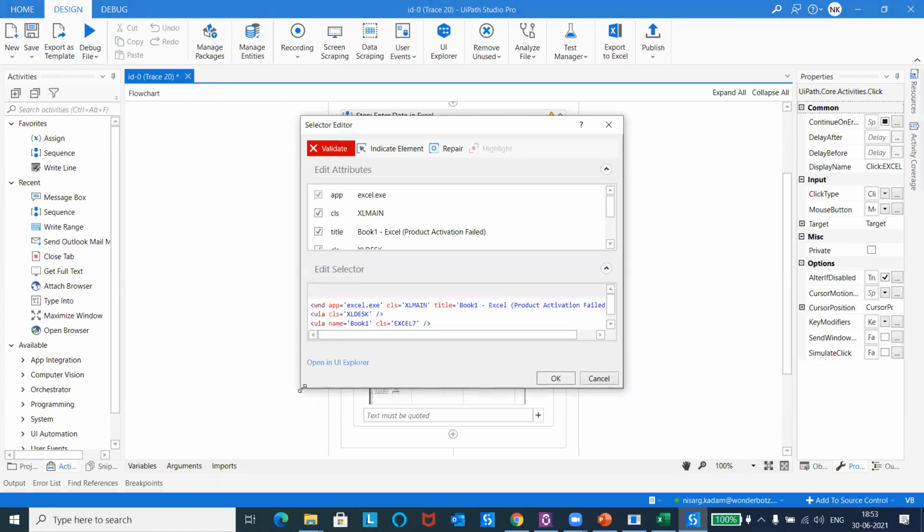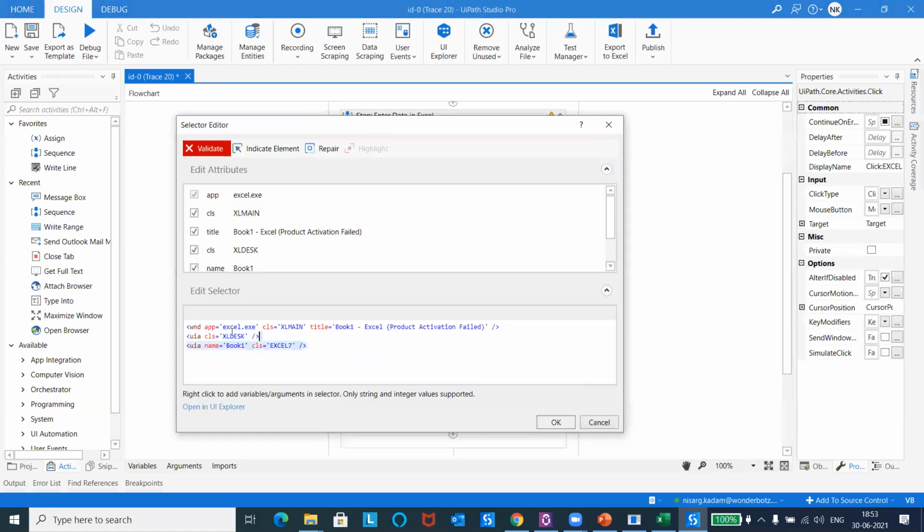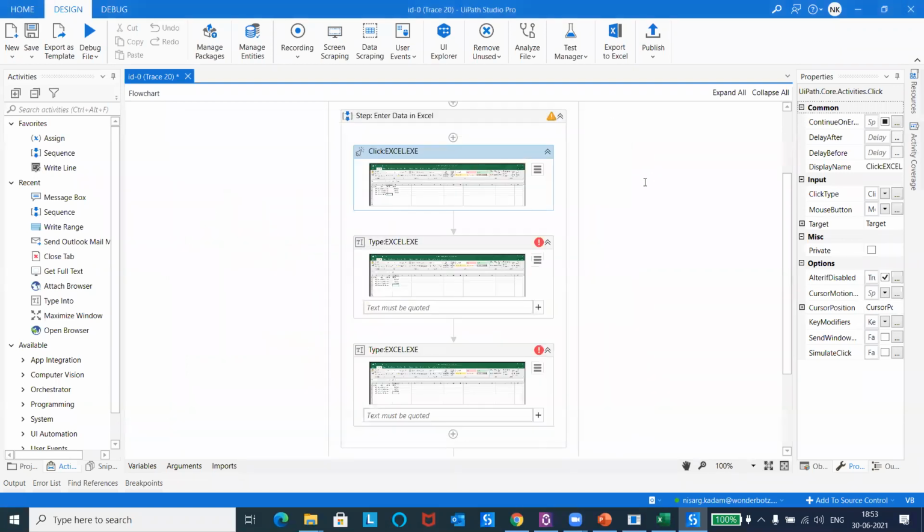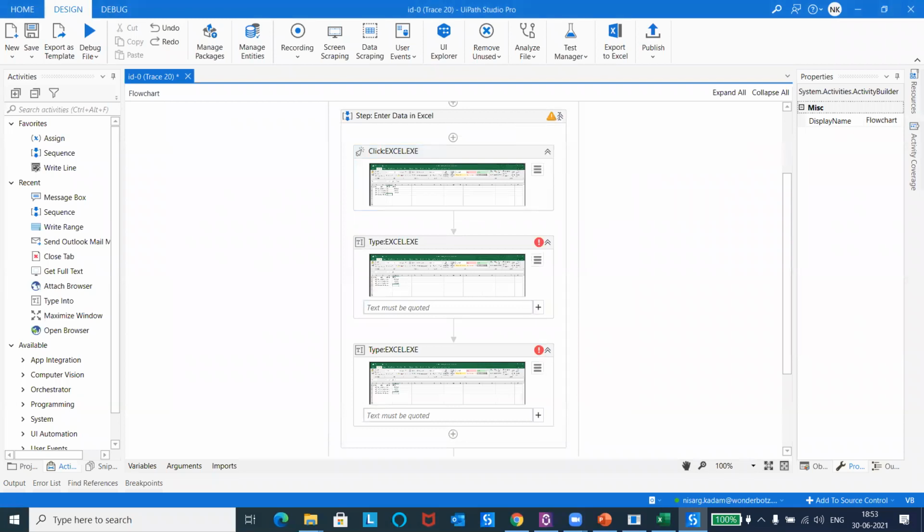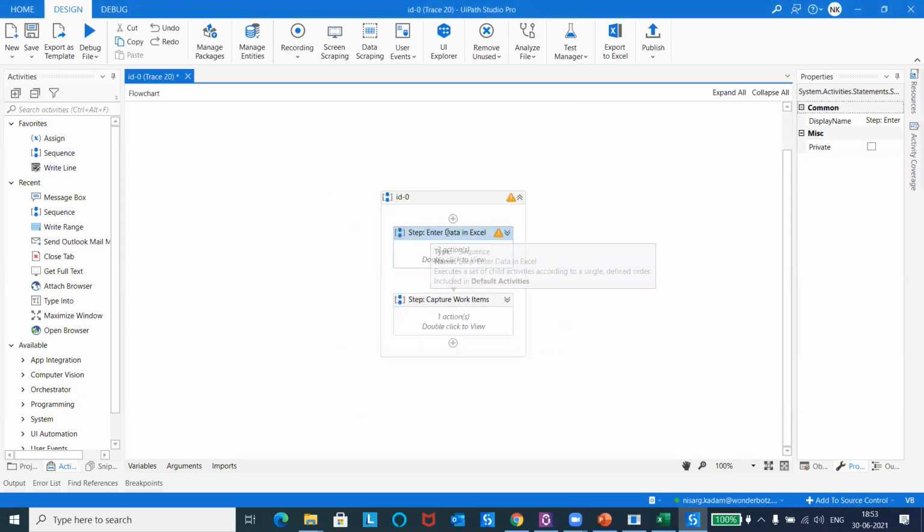So it also remembers selectors, what selectors actually worked on, and what the title of this particular Excel was, which I can modify later if I want to. But the more important point is it gave me the entire skeleton. It gave me a skeleton of entering the data in Excel, capturing the work item from